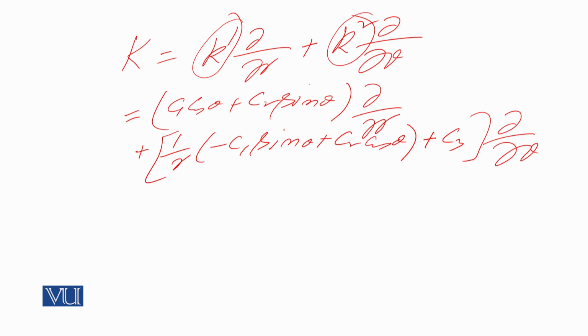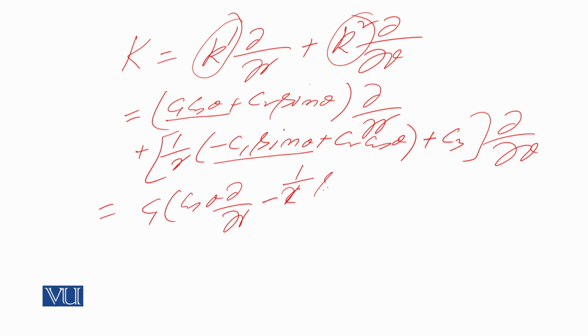Now we take the constants c1, c2 as a common factor. So from here you can see c1 and c2 terms. So c1 is cos theta minus 1 over r cos theta into partial by partial r minus c1 1 over r sin theta partial by partial theta